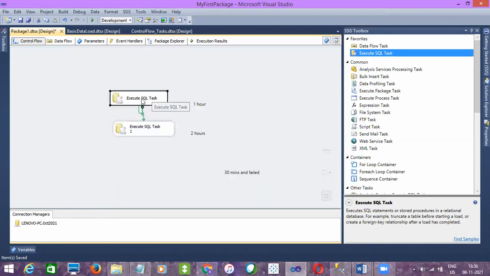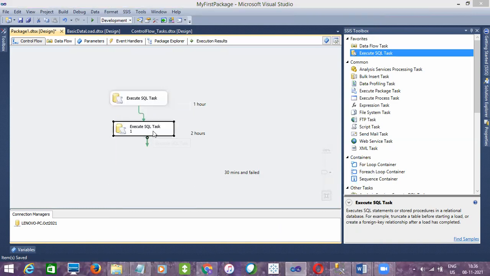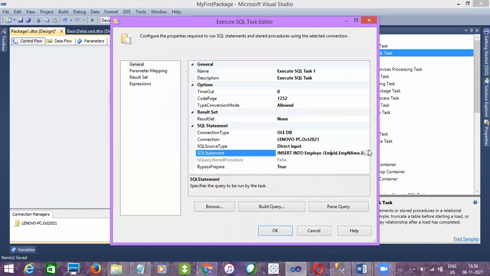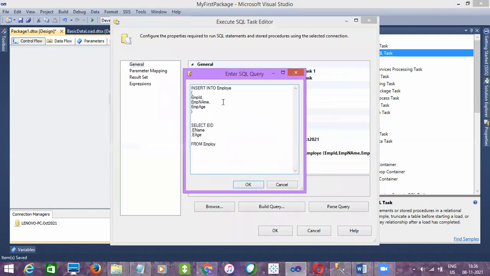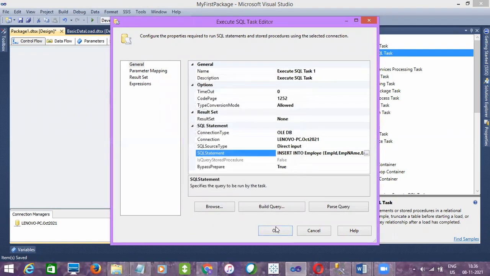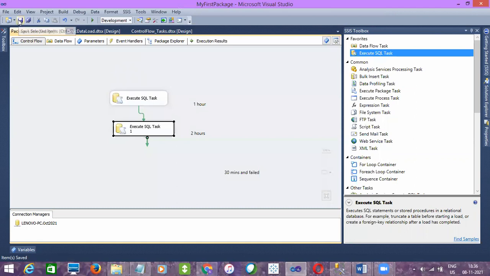So first I'm going to delete data before inserting into the destination, and once I delete, here I am inserting the data. Let me make some syntax mistakes here. If it fails, the deleted data also should get rolled back, right? So let's check that. I'll rename the tasks: Delete Employee and Insert Employee.